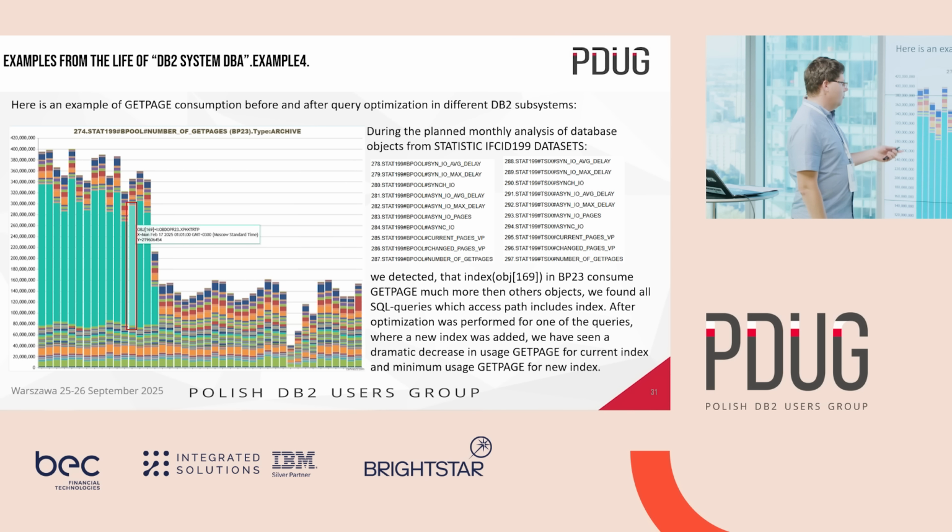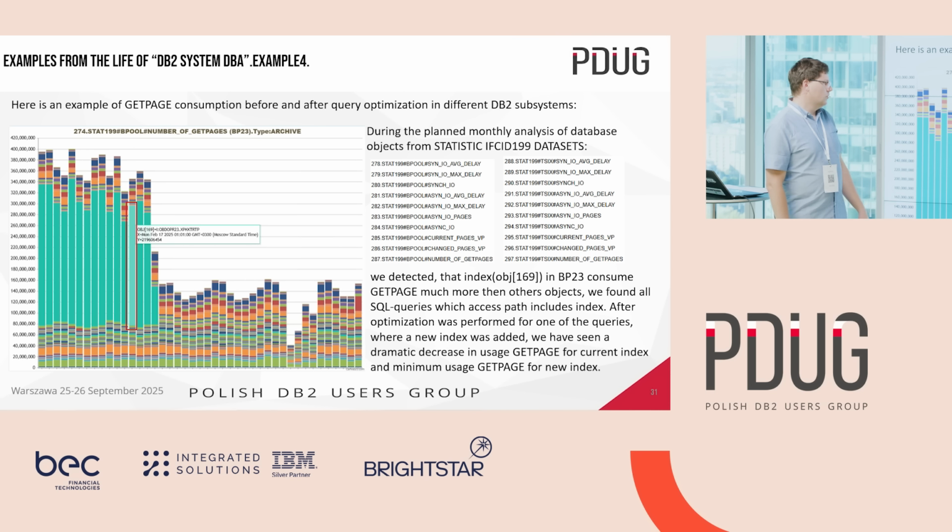And we detected that one of the indexes in buffer pool 23 consumed get pages much more than other objects. We found all SQL queries whose access path includes this index and decided to add two, maybe one index. And after optimization was performed for one of the queries,